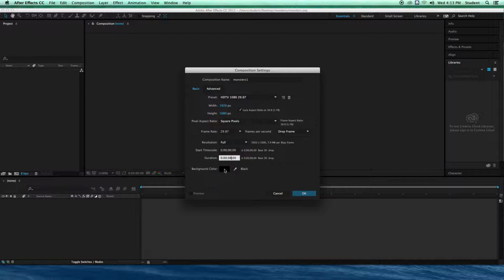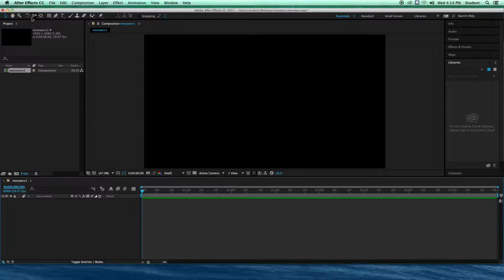The background of my stage or my file, do whatever you want. I'm doing black for that. I'm going to say OK. There's my composition file. I'm going to save this again. Now I want to bring something into this. I can go to File, Import, or I can come right down here in my Project panel